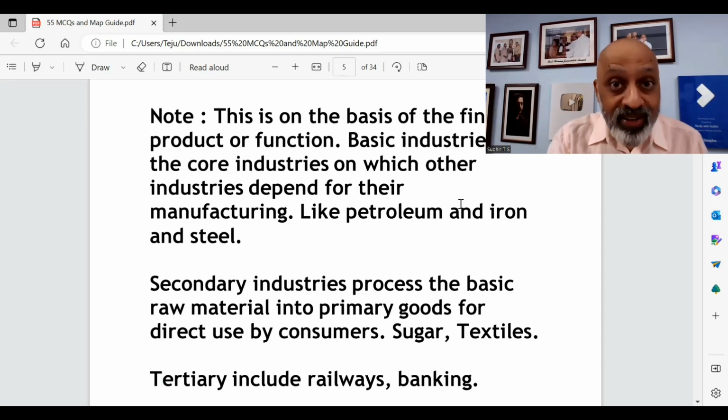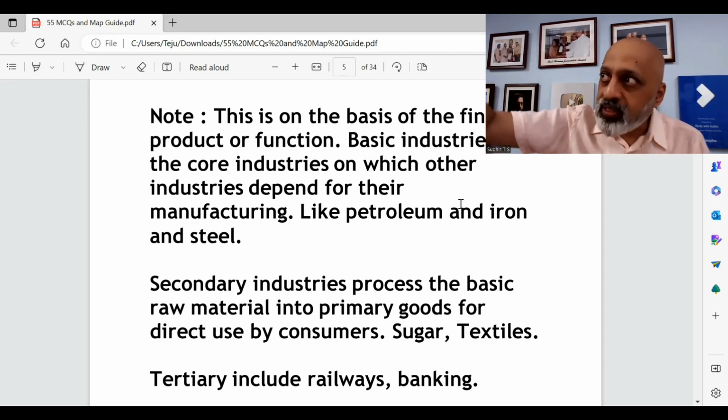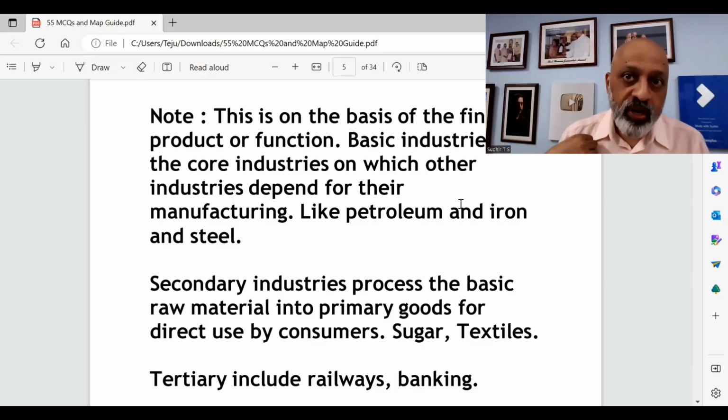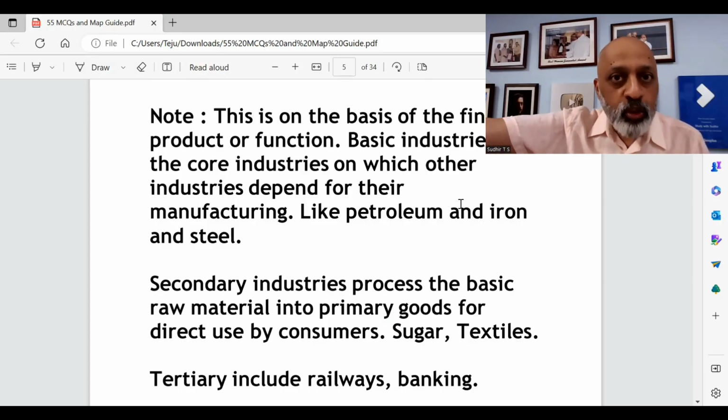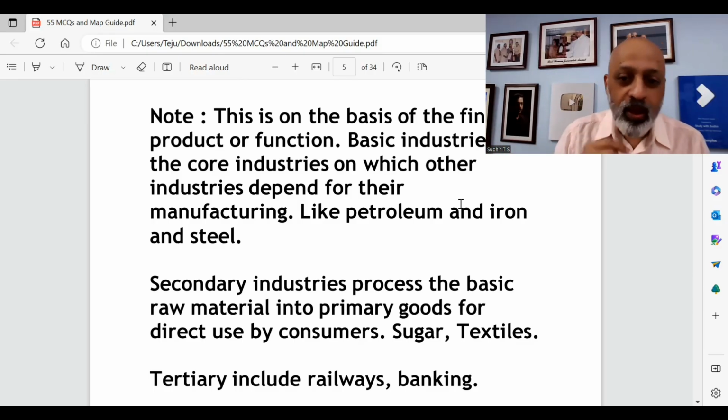शुगर इंडस्ट्री हुआ, टेक्सटाइल इंडस्ट्री हुआ, टेक्सटाइल कॉटन से you make it into fabric and then you buy the shirt for yourself, right? Sugarcane crushing season, sugar mills, sugar is made, refined and then it is sold as sugar. आप चीनी खाते हैं फिर डायबिटीज हो जाता है. Okay, so that is what is the secondary industry.